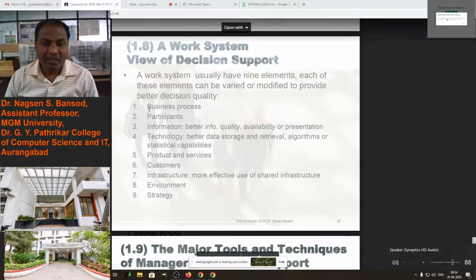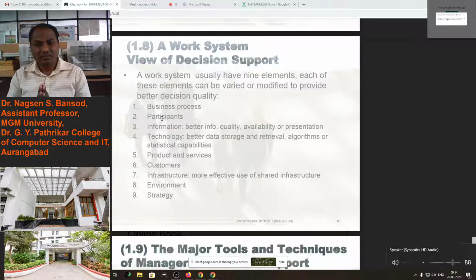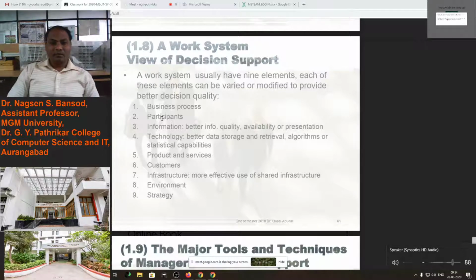All these 9 elements you have to keep in mind to make business better, to improve the revenue in the industry. You have to use all these elements for decision support system. We have already discussed this.